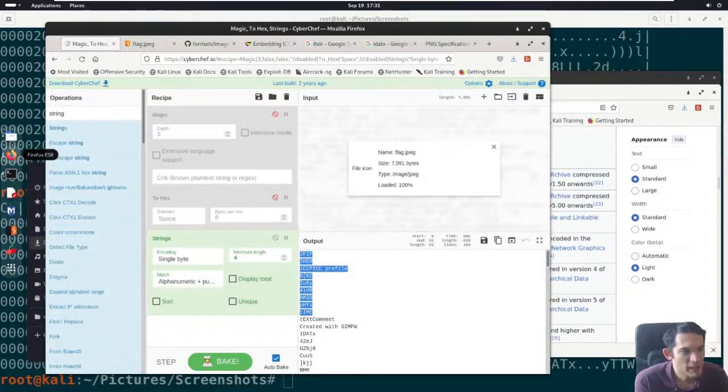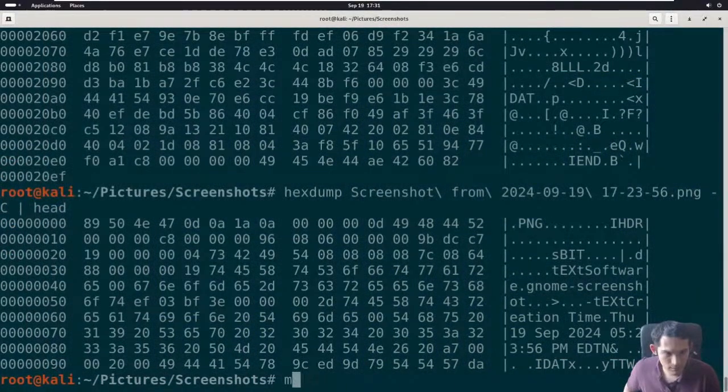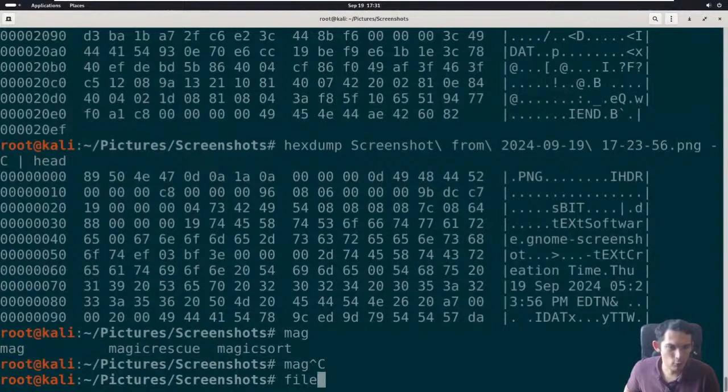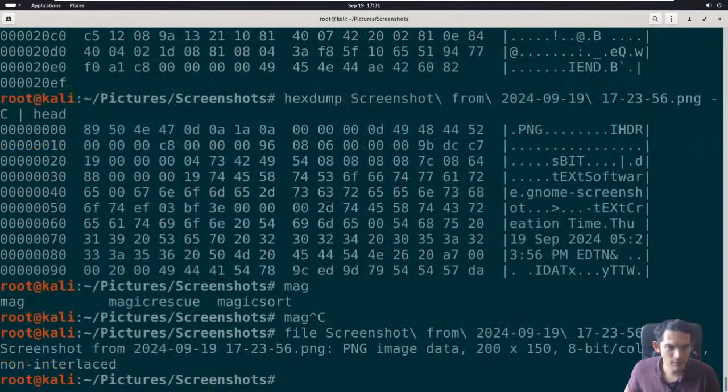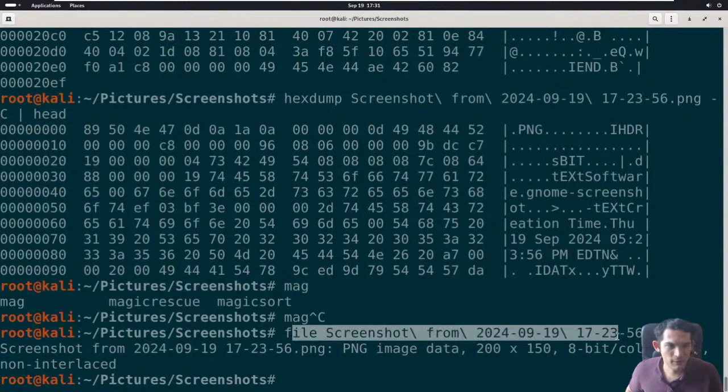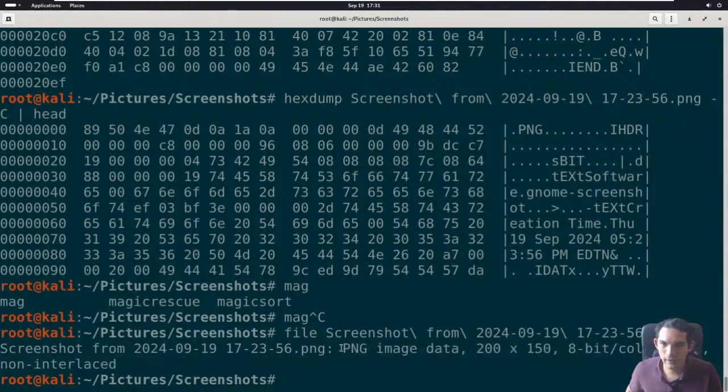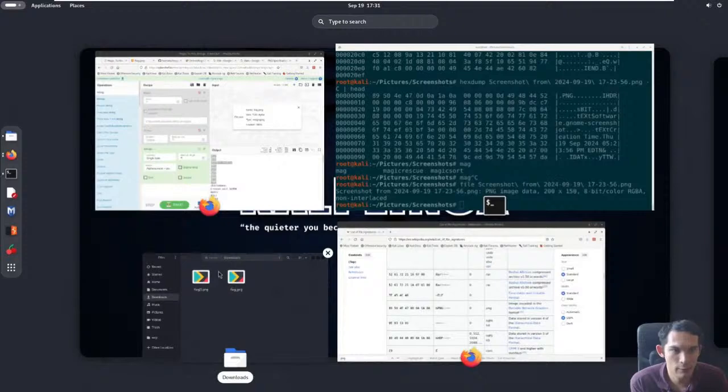And also seeing in the chat, there are different tools that you can use to automatically check the magic file headers. I think magic is the tool directly within Linux that you can use to determine the file type. Let's see here, magic. Oh no, or is it just file? I think it's just file. Yeah, it's just file. If you run file, it will look for the magic bytes. And there are other tools for other languages. There's also magic